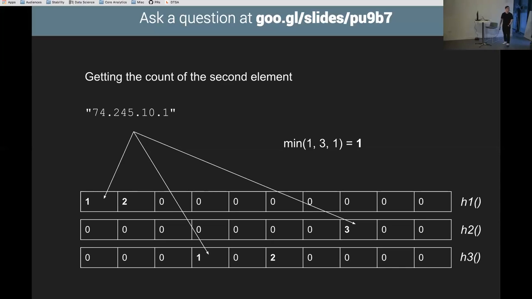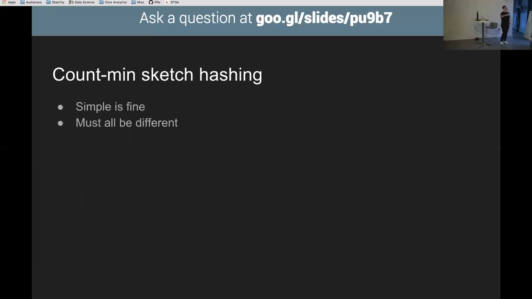How many rows of counters do you need? How wide does it have to be? Well, we'll get to that. The hashes themselves don't need to be complicated. They can be really simple. They don't have to be like cryptographic hashes. They can just be like simple things. In the original paper, they give like a little schematic for a simple hash. But they must all be different, because each row mapping to different things is the way that we get over